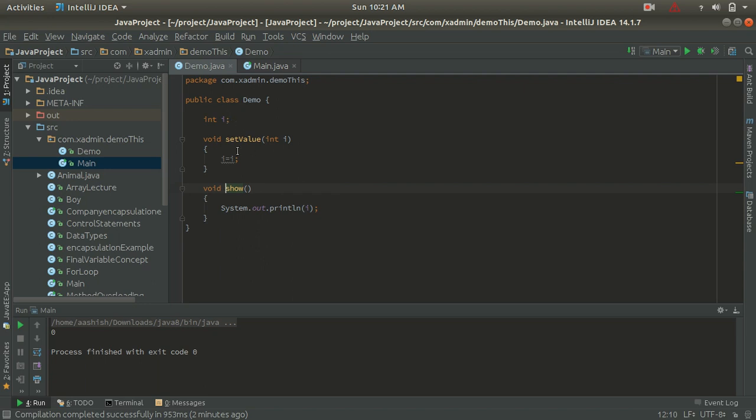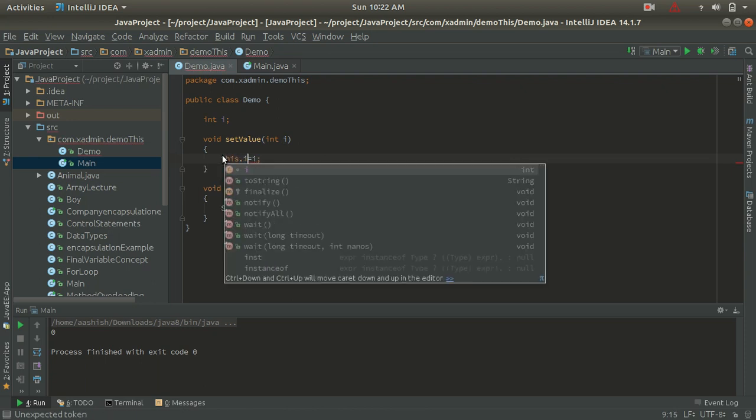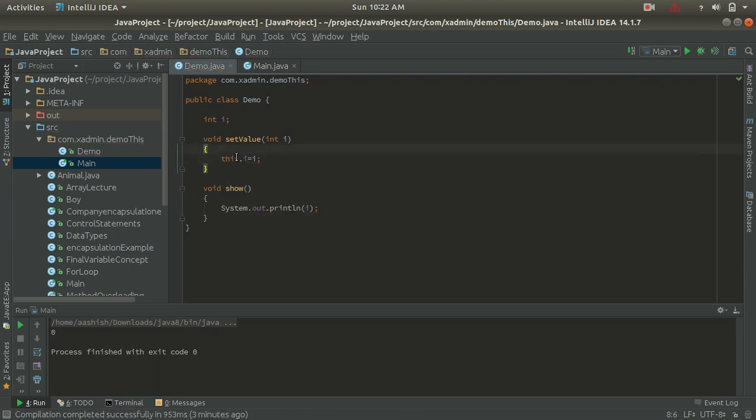So guys, to resolve this problem, we can use the this keyword. Here we will provide this dot I to the set value method. If we change this value of I with this dot I, it is going to refer to the instance variable. The this keyword is going to refer to the instance variable of this class, the demo class.